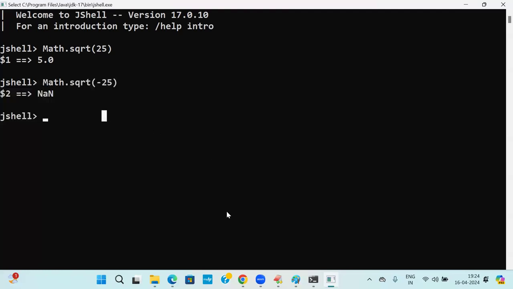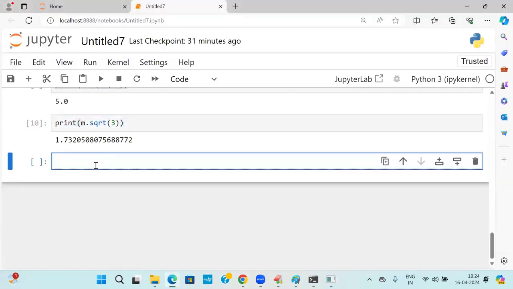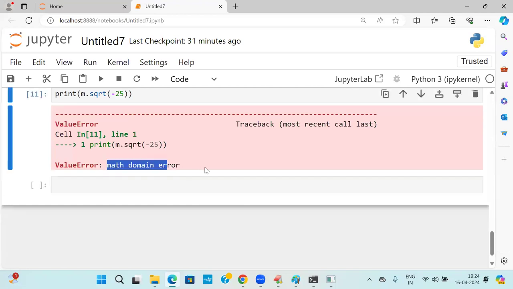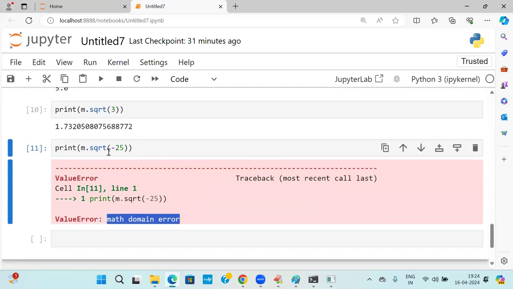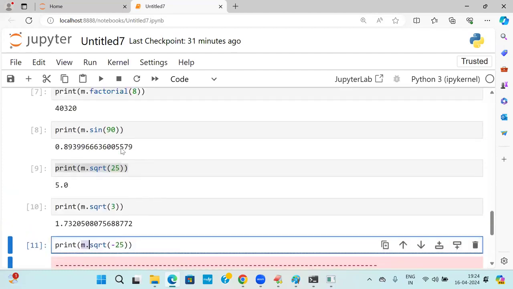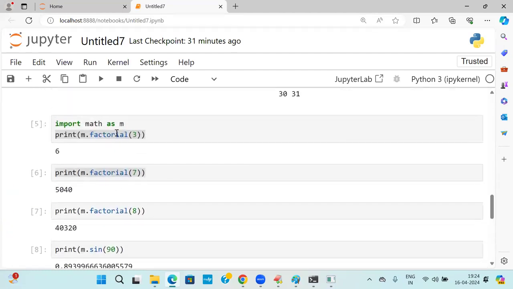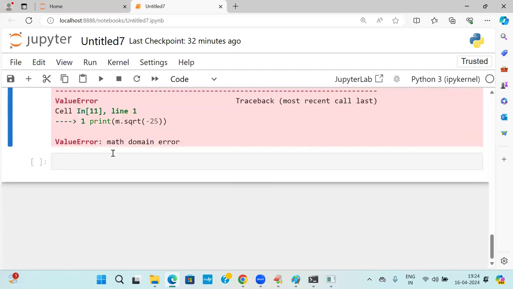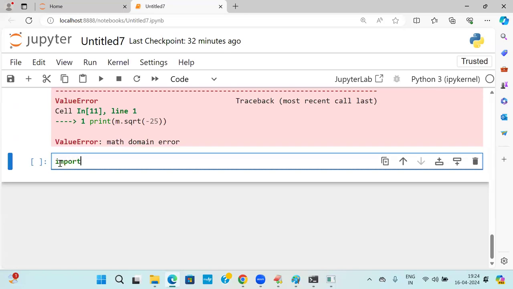It is not possible. Go to the Python environment. Even with math also, print of m.sqrt of minus 25. It is also going to give you an error. Math domain error is coming. That means math is dealing with normal calculations of mathematics. In Python, especially to deal with complex numbers,